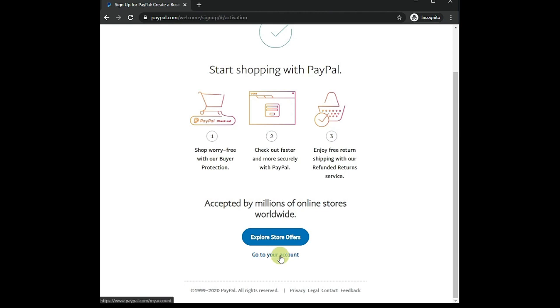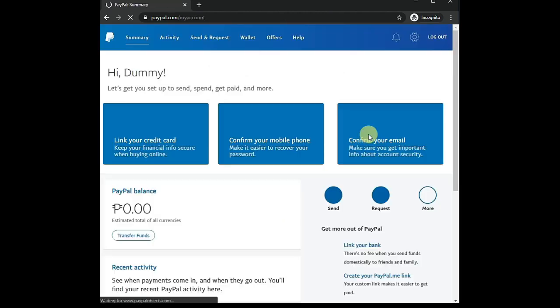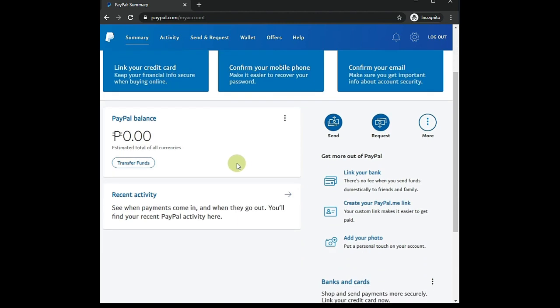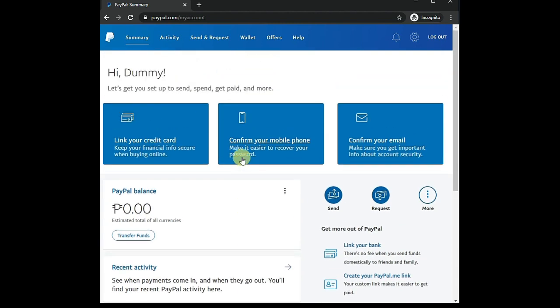So go to your account. Okay, this is how it works. Hi, and then your name, you would see it there, your PayPal balance. This is not yet a verified PayPal account because you haven't linked your card yet. A while ago when we were on that page, if you were successful adding your debit card or credit card,